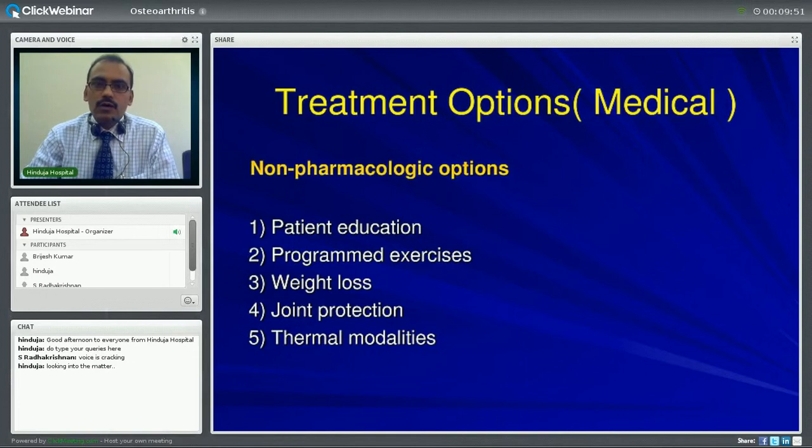In patients who are overweight, where obesity is there, they need to work on a weight loss program by doing diet and various other modalities, because the knee joints are weight-bearing joints, and because of that more load comes. If a patient is obese and overweight, more and more wear and tear will happen over a period of time. So weight loss is important. And joint protection when arthritis happens, in the form of various braces which are available, hot fomentations, ice packs and other things.